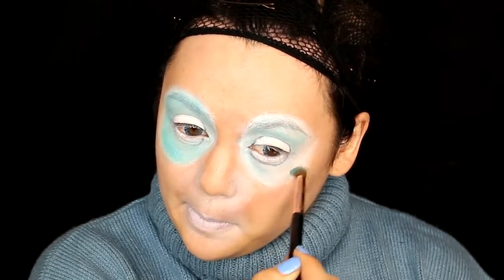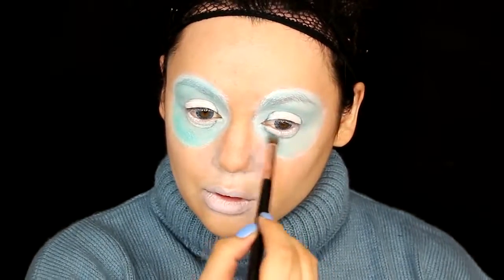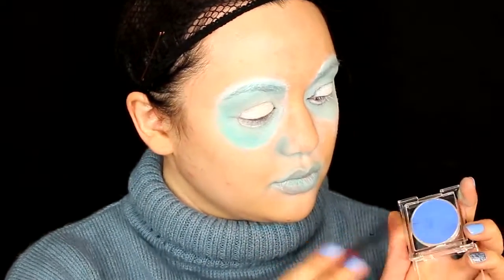But don't put this blue mixture over those whites that we did around the eye with the blue eyeliner. And I'm also going to put this a little bit on my nose and my lips because those have a lot of creases as well. Now that we look like a horrifying reverse panda with frostbite, I am getting this matte blue eyeshadow from NYX